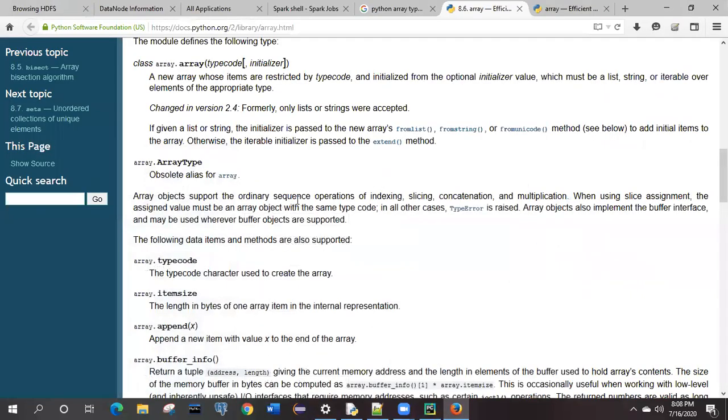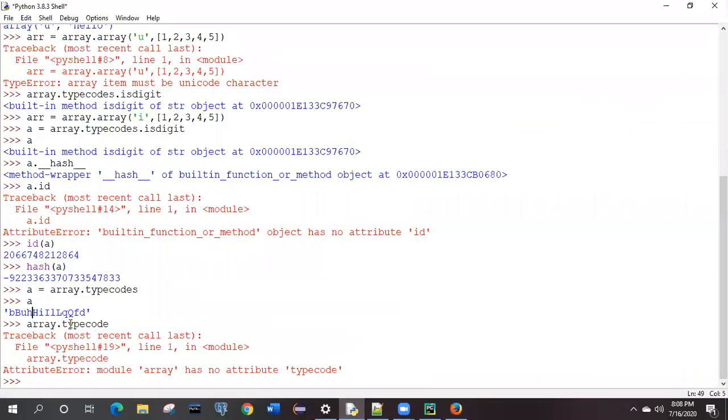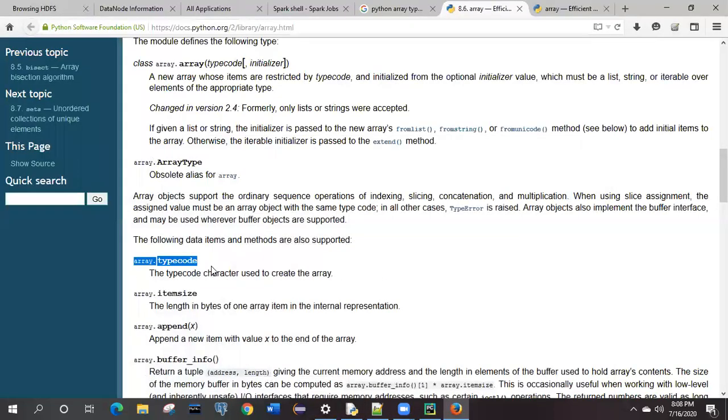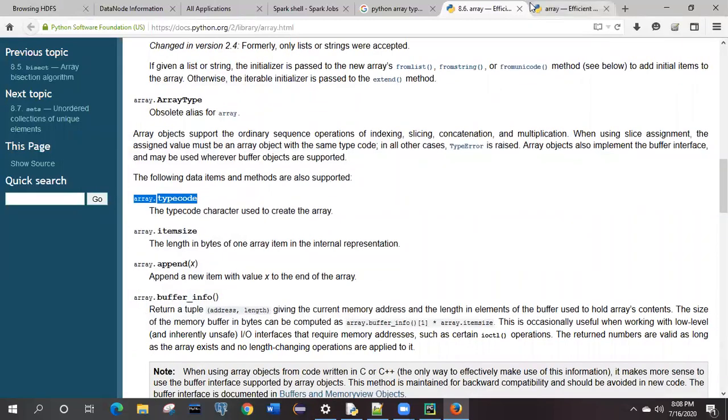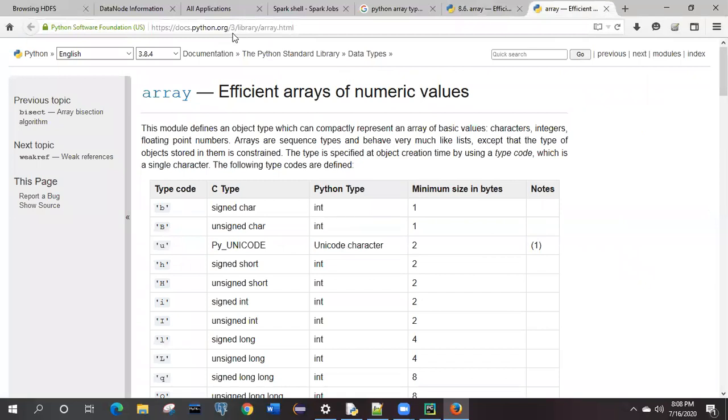So I was talking about this Python 2 version documentation. If you look over here, it says array dot array type, right? It is also showing array dot type code. But just now we have seen that array dot type code is not available in 3.8. In version 2 it was available, so there is a little bit of modification. So don't bother about those documentations. We are following the upgraded version 3 only. Whatever is available in 3, it will list for you.